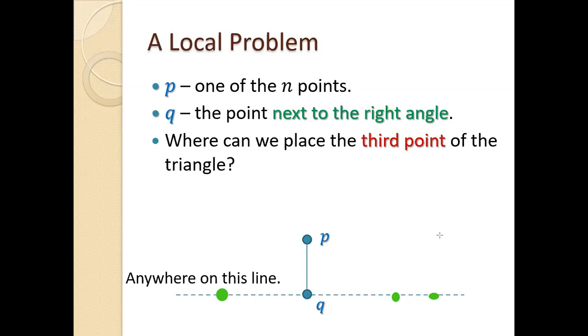So I'm told to put it on the line, okay. I have all sorts of other suggestions that suggest how to get a right angle triangle, but not when the right angle is next to Q. We want the right angle to be next to Q, okay? Specifically next to Q.